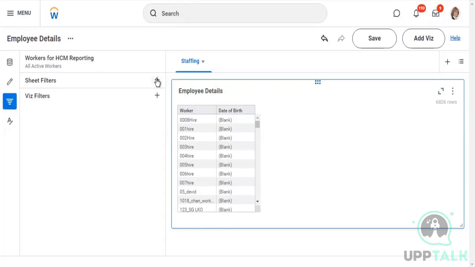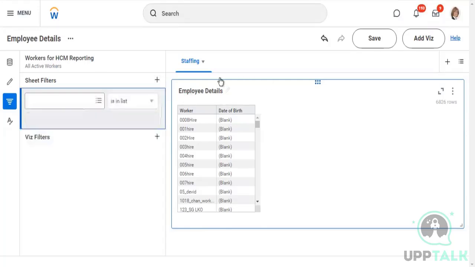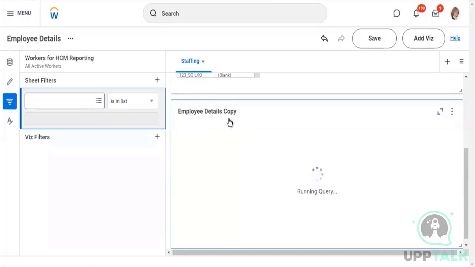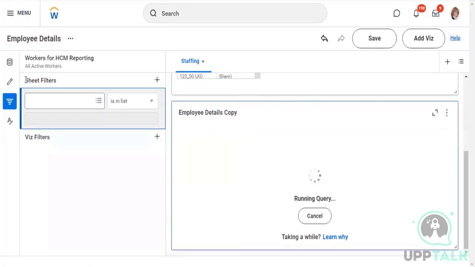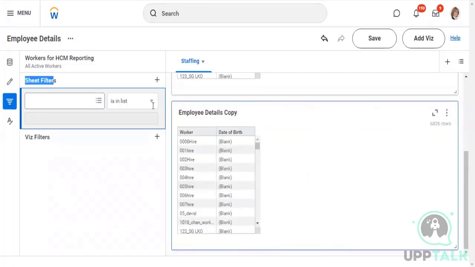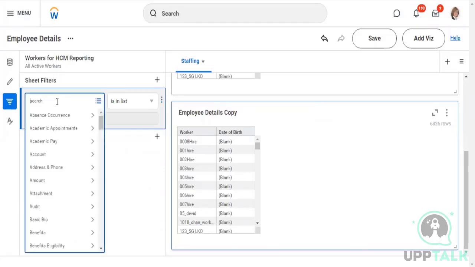So on this entire sheet, filters added to the sheet are applicable to all the visualizations on that sheet. So at this point in time, if you see, I can go in and create a new visualization, and later I can go ahead and change it, right? And this is it. So any filters added to the sheet are applicable to all the visualizations in that sheet. So here I'm saying, only get me those workers whose date of birth